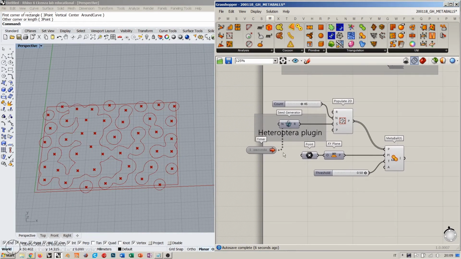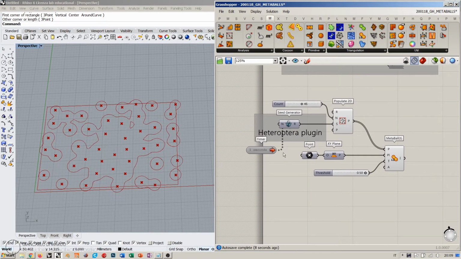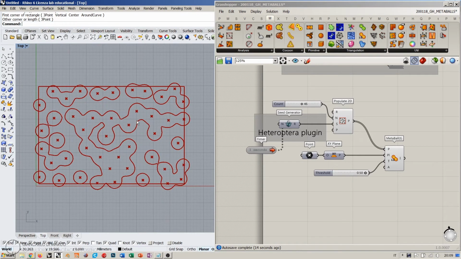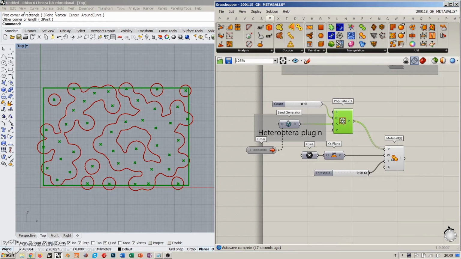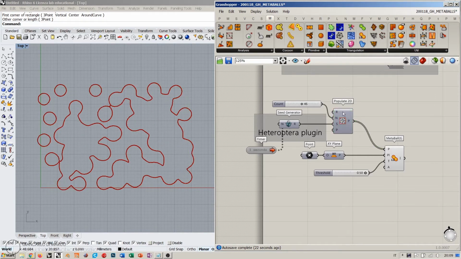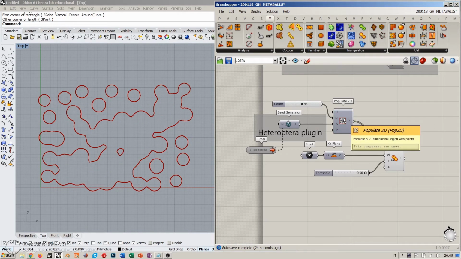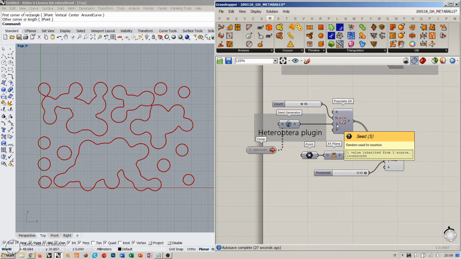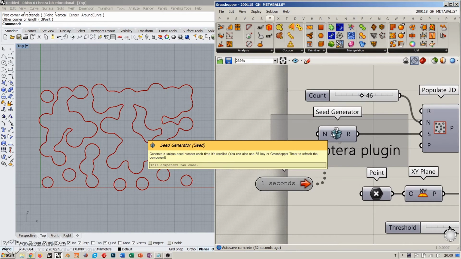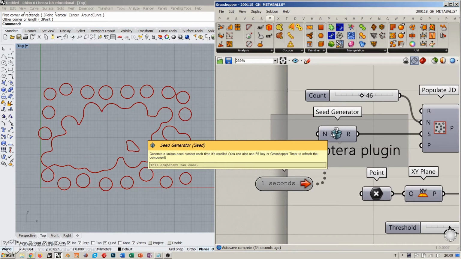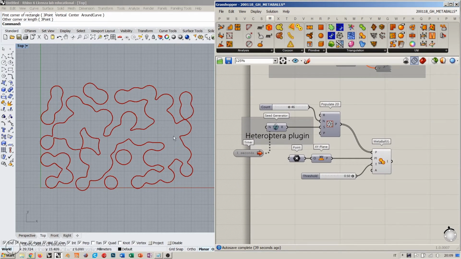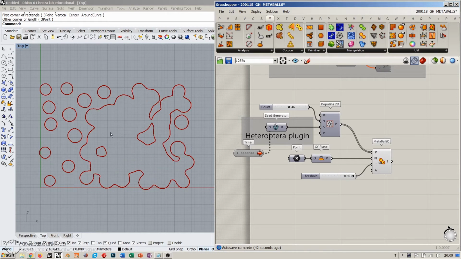And now we are starting to understand what happens when we change the original set of points. Now, the only problem with this is that I'm using a random function, which is the populate2D. Well, actually, it's a pseudo-random function in Grasshopper. Pseudo-random because it's based on the seed, and I'm using a random seed generator, which is another randomness factor inside my Grasshopper definition. So basically there is no connection between each of the set of points that we see here